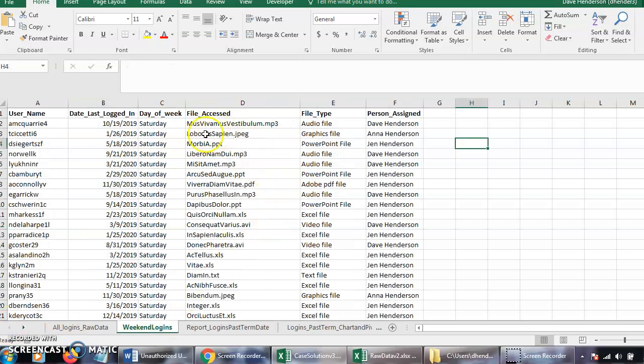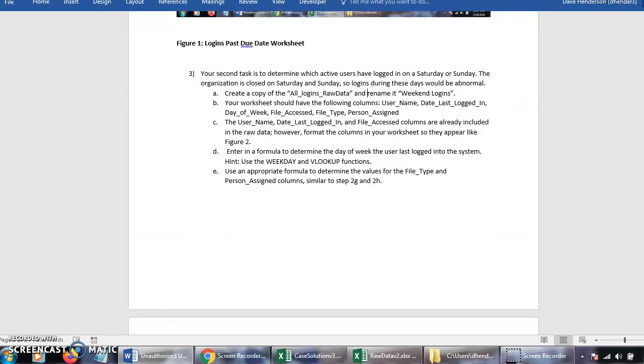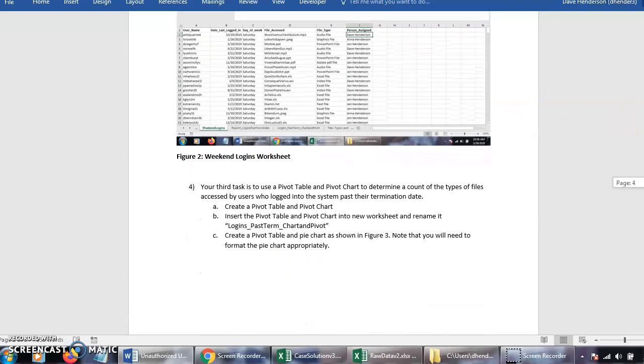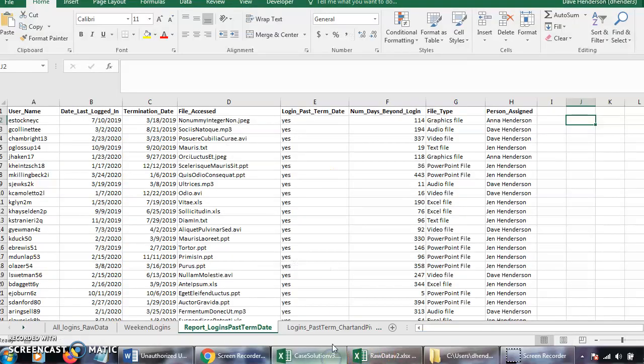Okay. And so that shows us this, and then the file access is just straight from the raw data. The file type and person assigned are similar formulas to what you did right over here. Okay. So that's step 3. Then we go on to step 4, which is to create a pivot table and then a pivot chart. Okay. So if we come over here,